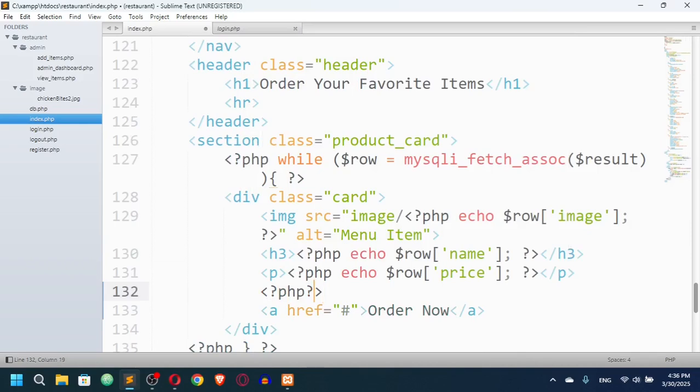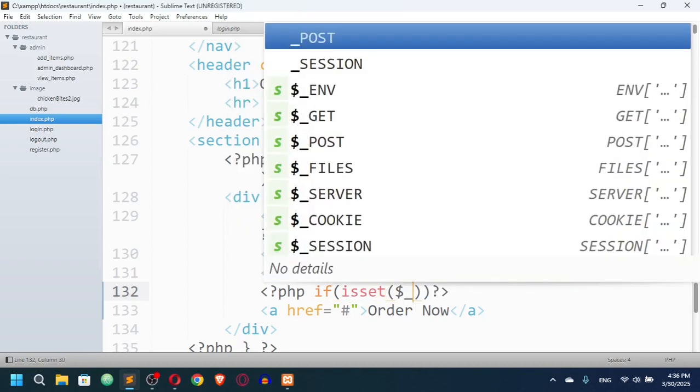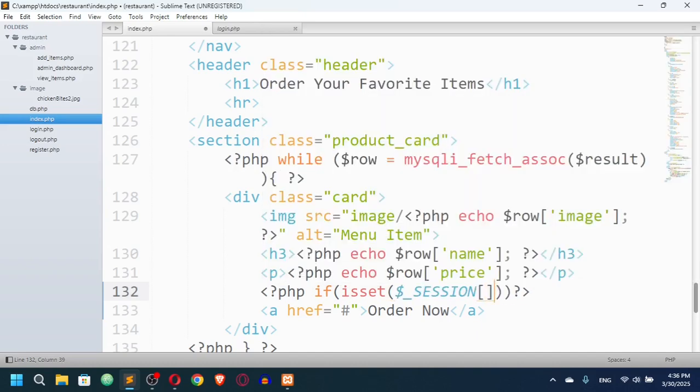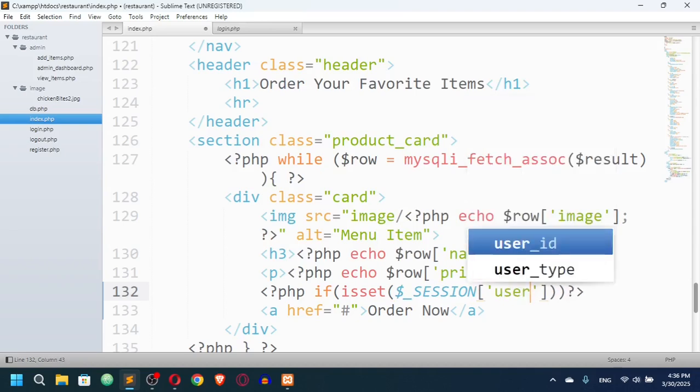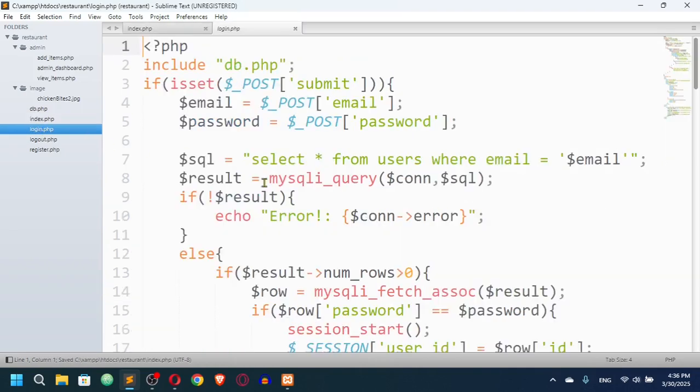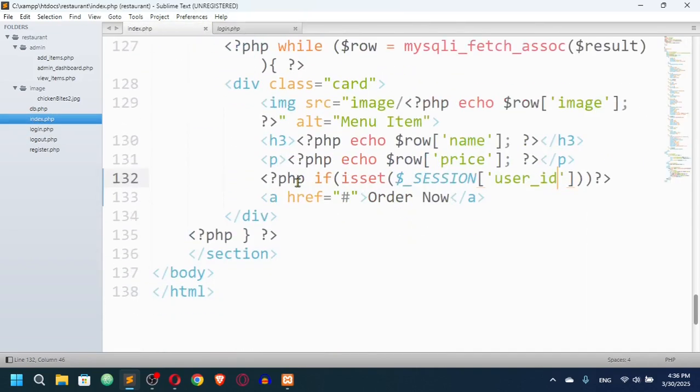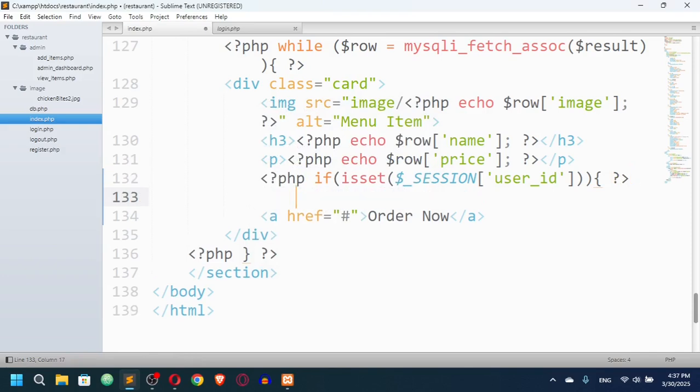So we'll say here PHP, and here I'm going to say if isset, the super global variable session, and if there is any user ID. Why? Because in the login page you can see that we have set session user ID. All right, okay, so we'll check if we set the session user ID or not. Then give opening curly braces, and we'll check if we set user ID, then